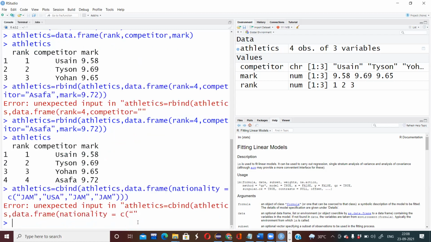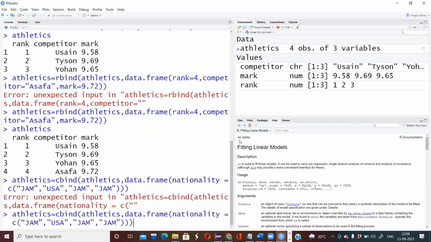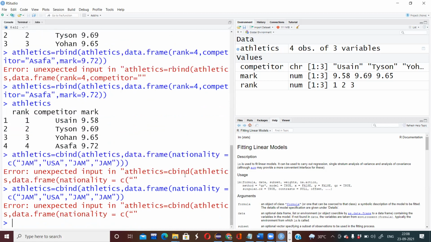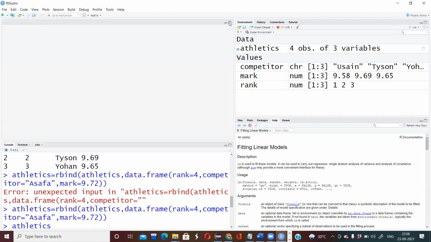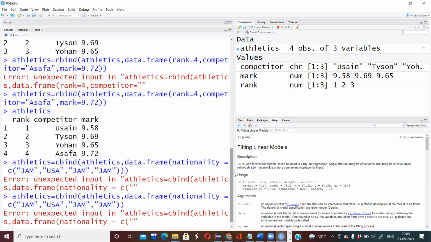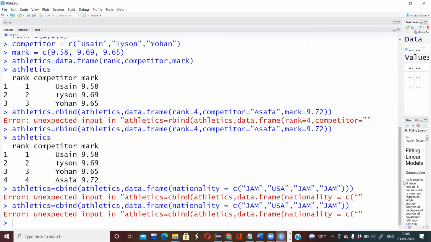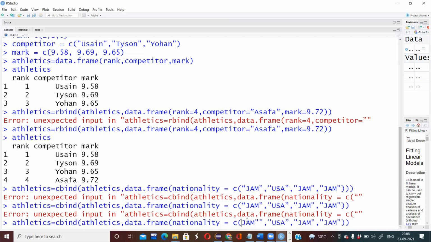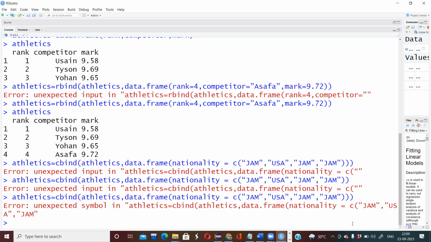Okay. So let's see, unexpected input. So this is the ending for this, and this is the ending for this, and this is the ending for this.